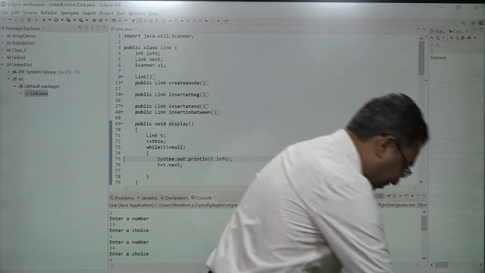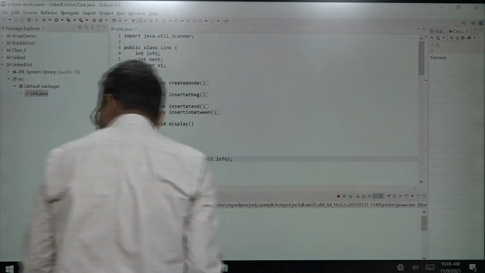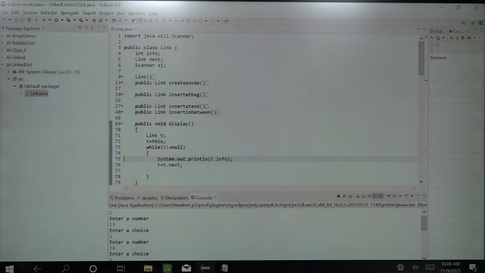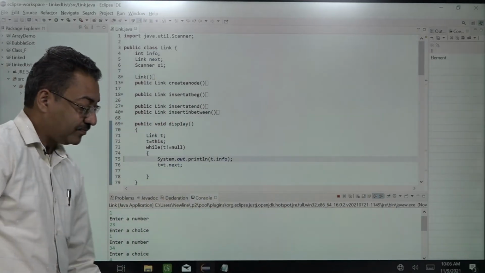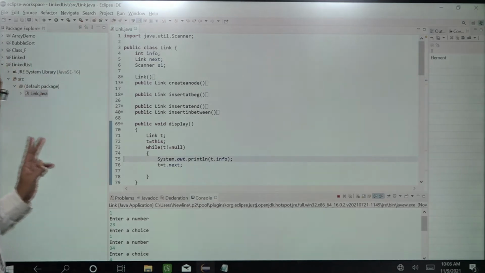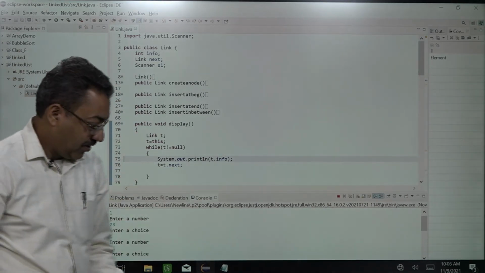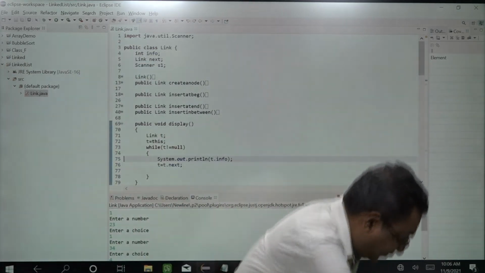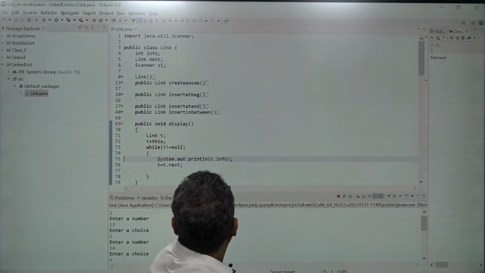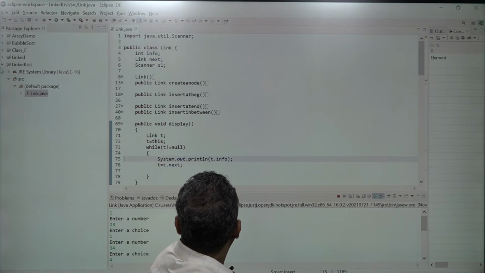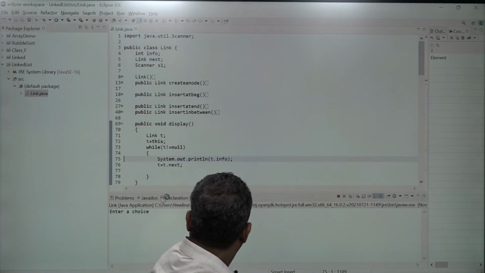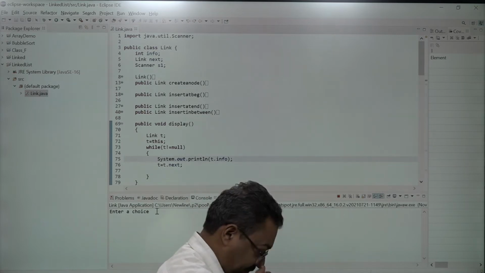Now let's see how it works. So what do I want to do? I want to execute the working of two functions. First is insertion at the beginning, and second one is display. Now let's execute it. Enter a choice.